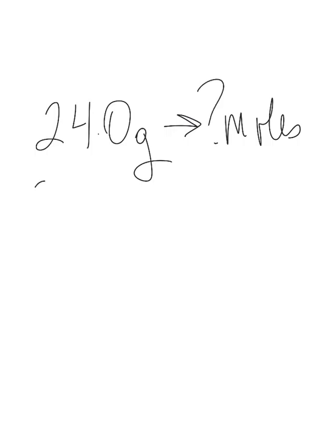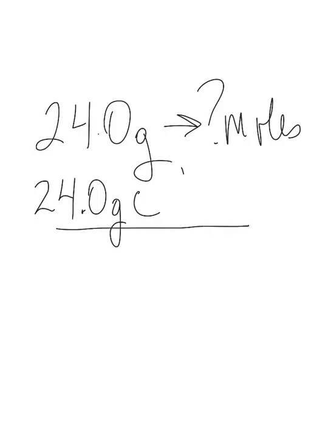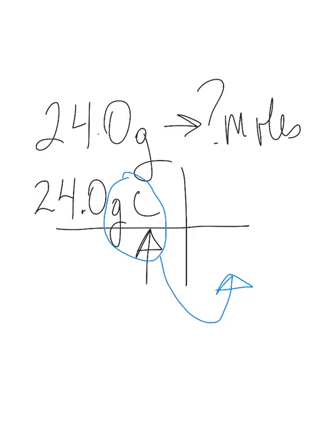The simplest process is to take the number that you're given, in this case 24 grams, and set up a conversion table. This number here is always the number that you were given. The rule is that whatever units you have here are the units that you put down here. In this case, I've got grams of carbon, so I'm going to put grams of carbon here, and I want to end up in